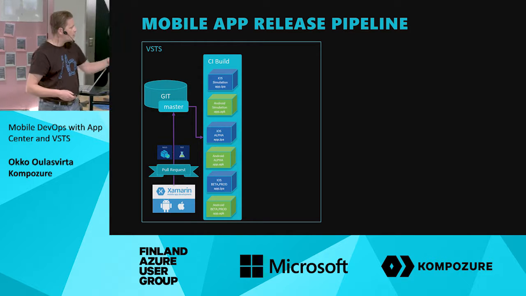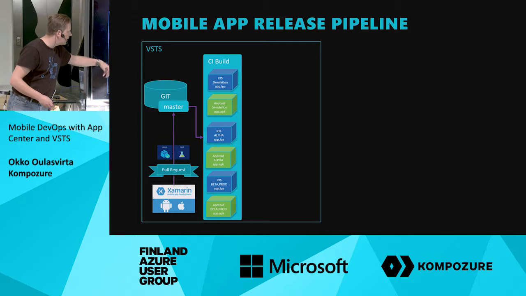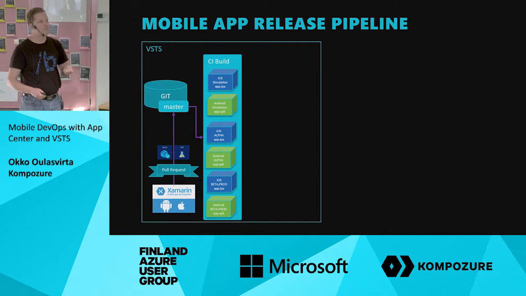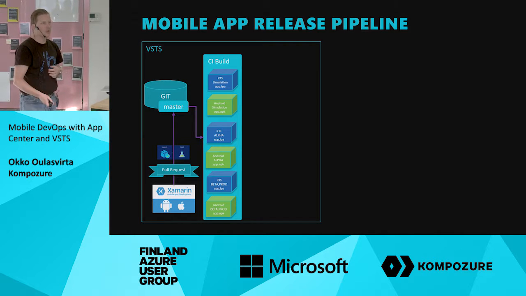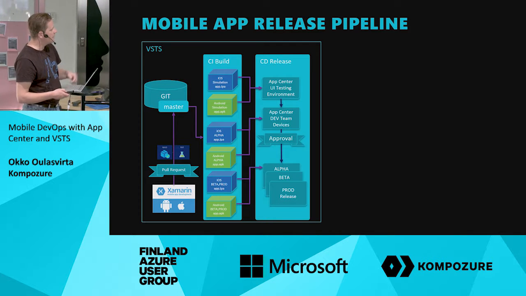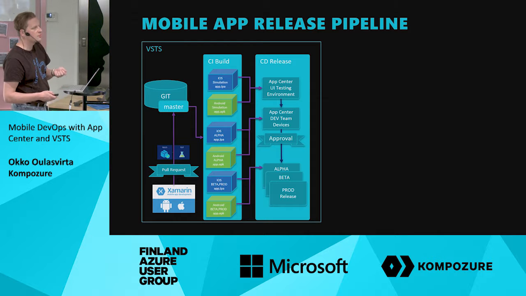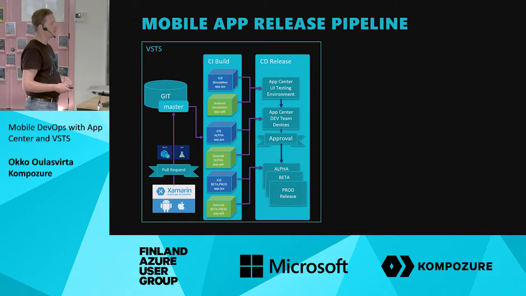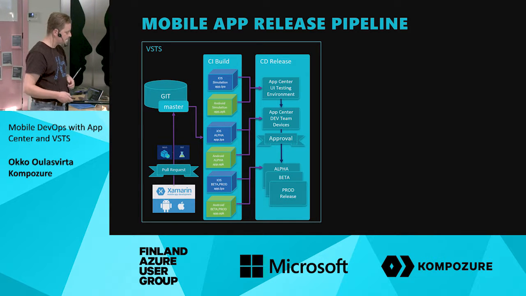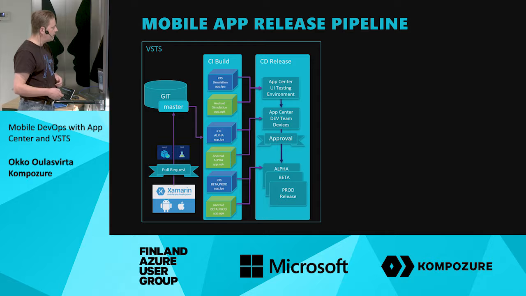Anyways, with one commit going to master and having good quality, you are always, from that same source control version, building multiple deployable packages for the mobile clients. Then, when the build has been done, it's publishing these. Visual Studio Team Services talks about deployment artifacts. And those deployment artifacts go to Visual Studio Team Services, and then we have a